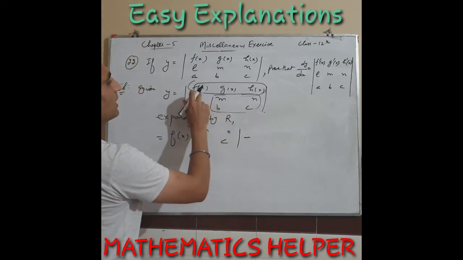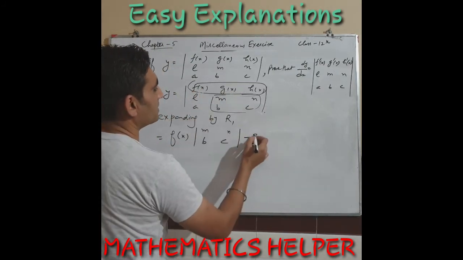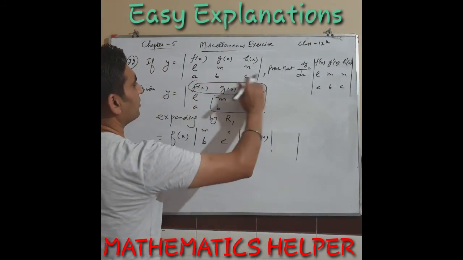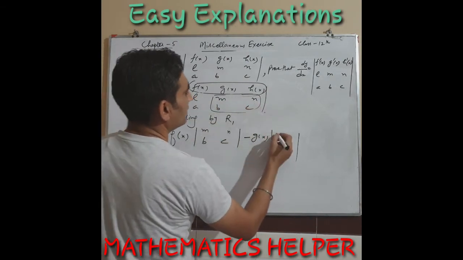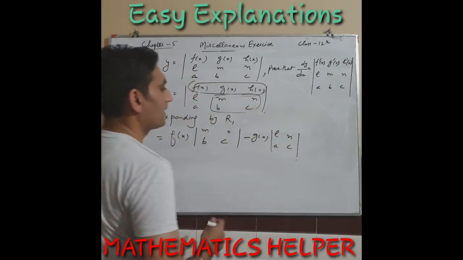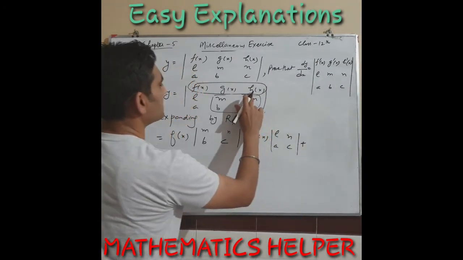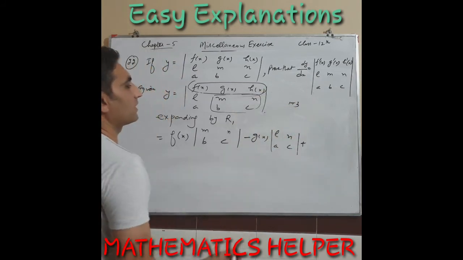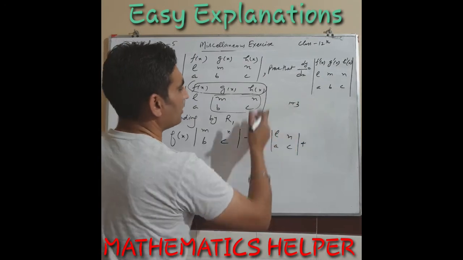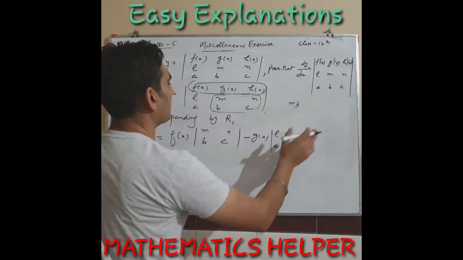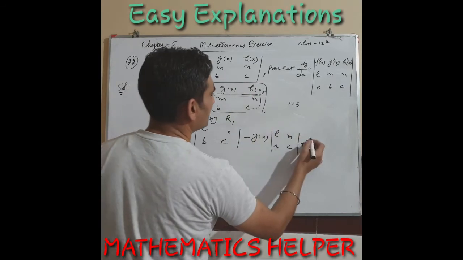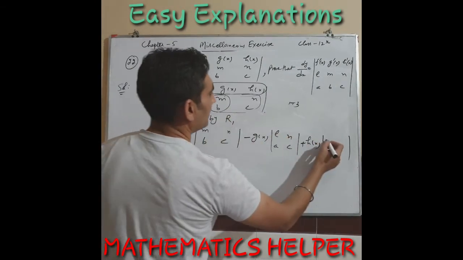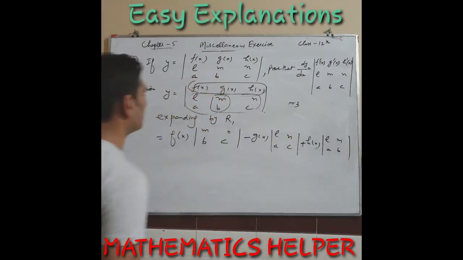Then there is a position, it is 1 1. Then 1 2 means a negative sign will be there, g(x), along with, for g(x), this column and this row you have to hide. So l, a and n, c. And in the end, plus sign for this 1 3 position. 1 3 means 4, so for 4, an even power of minus 1 will be positive sign. I don't want to go into detail because you have done this step already in matrices and determinants. So right now last h(x) and along with these four values l, m, a, b. I hope you are able to expand determinants.